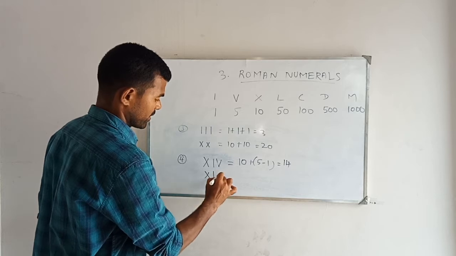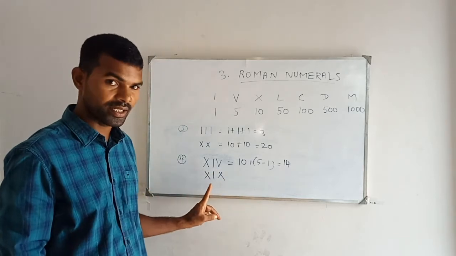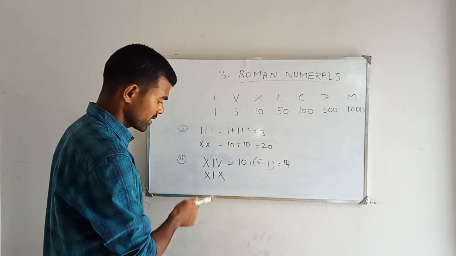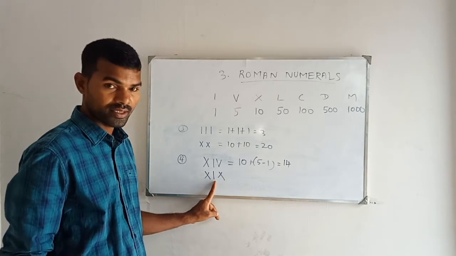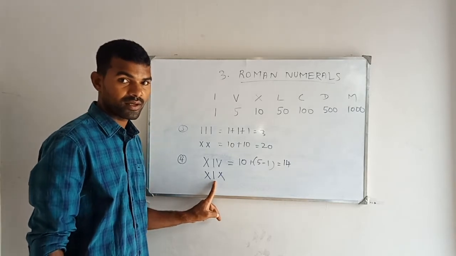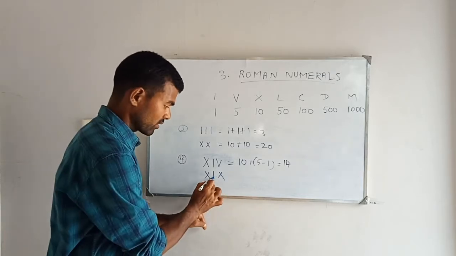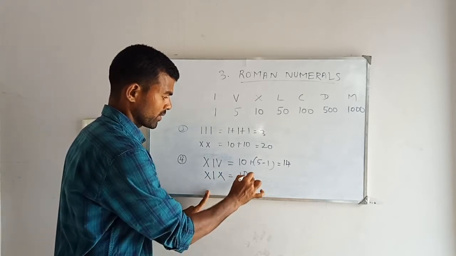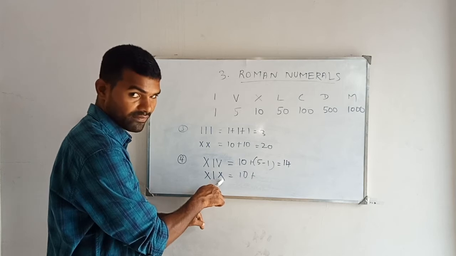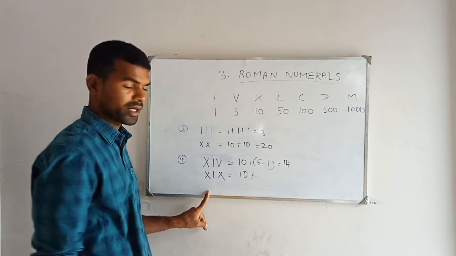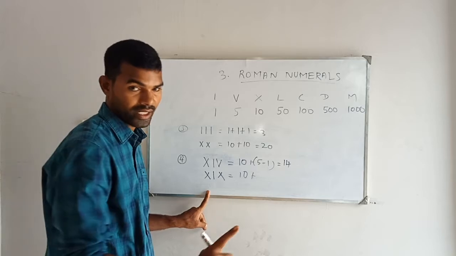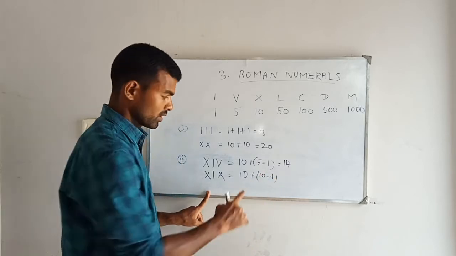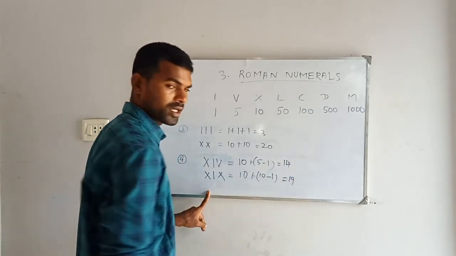X, I, X. Okay, now? What is the value of this number? X, I, X. Same like above, the middle number I is coming. This is the smaller value. When the smaller value appears, we will subtract this I from the right side number only, from X only. X value 10. Yes, no? Plus, from this 10, X 10, from 10 subtract 1. 10 minus 1 how much? 9. Correct, no? From 10 you are subtracting 1. There is 9, no? So 10 plus 9 how much? 19. Understand?